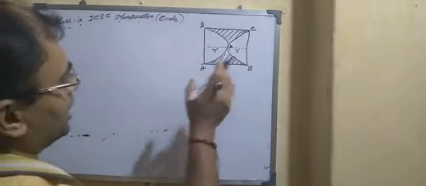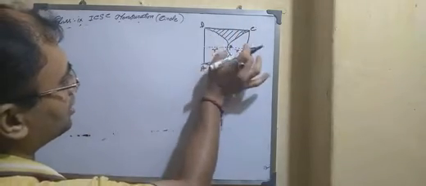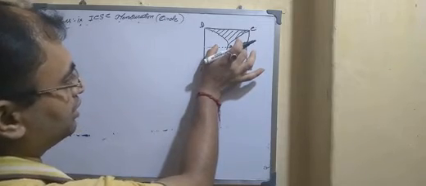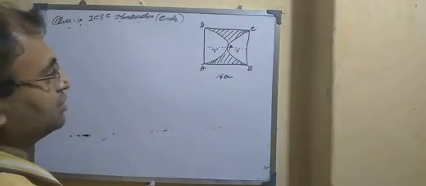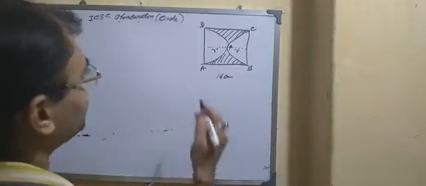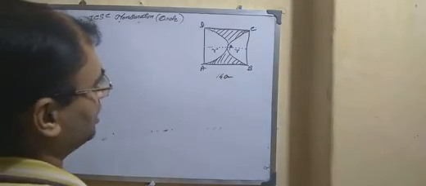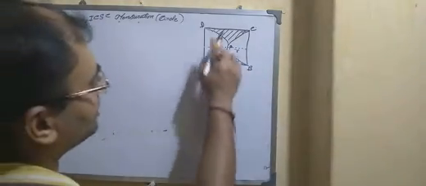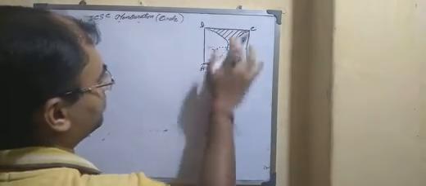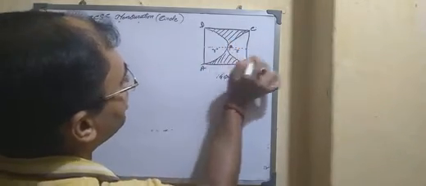So at first we have to find out the total area and then we just minus the area of two semicircles. Two semicircles means one circle. Then we can find out the area of the shaded portion. Actually we have to find out the area of the shaded portion as well as the perimeter of the shaded portion. So first we find out the area of the shaded portion. At first we find out the area of the square and then subtract from the area of the square the area of the circle.